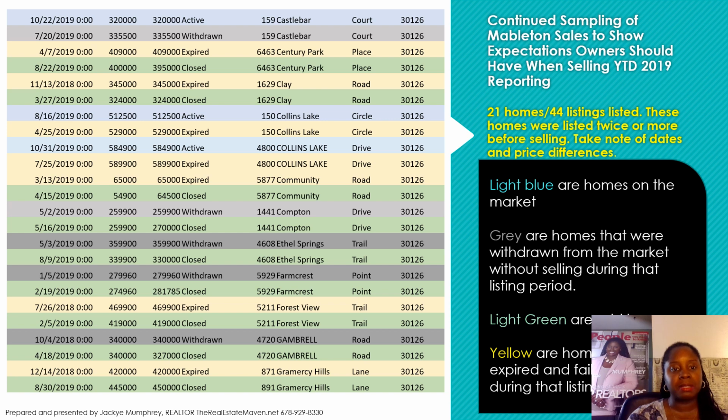So it could be why this one's having some challenges here. And then let's go down to a few more here. We've got one that I'm familiar with. I've been in this one, 4720 Gambrel. Now this one was listed at $340,000 and it sold at $340,000, which is